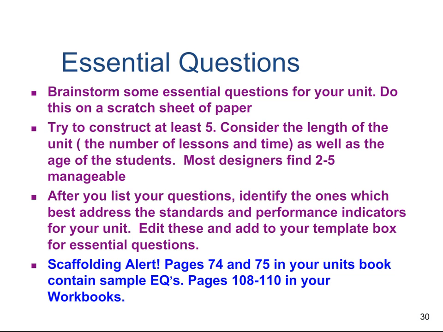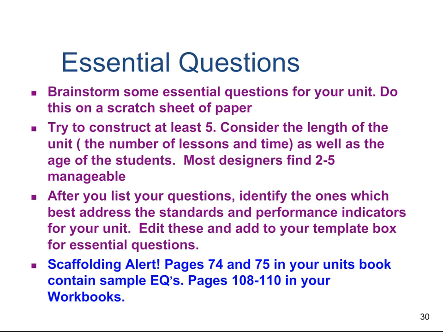I think the best way to do this, just like with understandings, is to brainstorm some ideas and then whittle them down and weed them out. Much like with understandings, you don't want essential questions to be something you feel you have to cover in a unit, so you want few but powerful. You don't want 2 understandings a day that kids are going to have to think about, because then the focus really is on trying to cover stuff and not having them actually uncover and think critically about how things fit together and what they're learning. And so 2 to 5, maybe even less than 5, would be manageable.